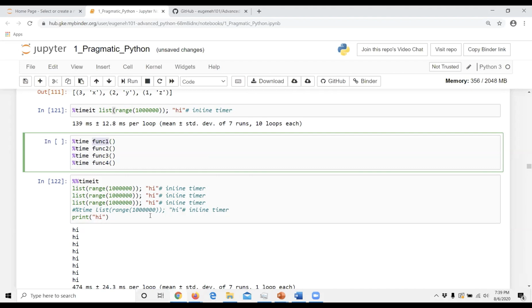So if I were to do multiple functions, and I don't know where the bottleneck is, I stick to the percent time to try to figure out what the bottleneck is. And oftentimes it's different than what you had imagined, right? One of the Zen of Python, I think from Tim Peters, is that premature optimization is the root of all evil. So if you had assumed function 1 was very slow because you're doing a range over like a billion, you think, oh my gosh, my guess is that it's slow in function 1, but you don't know that, right?